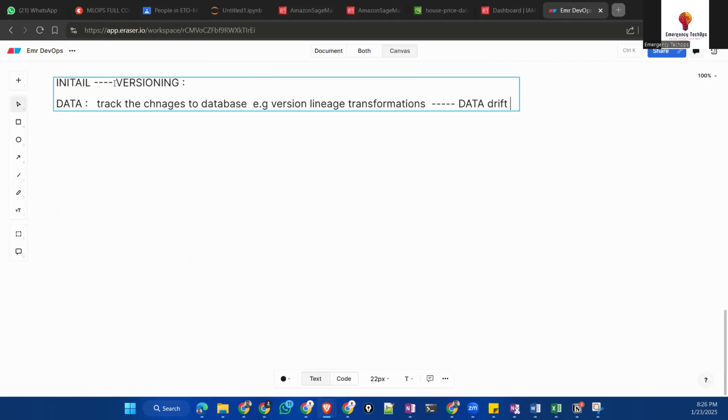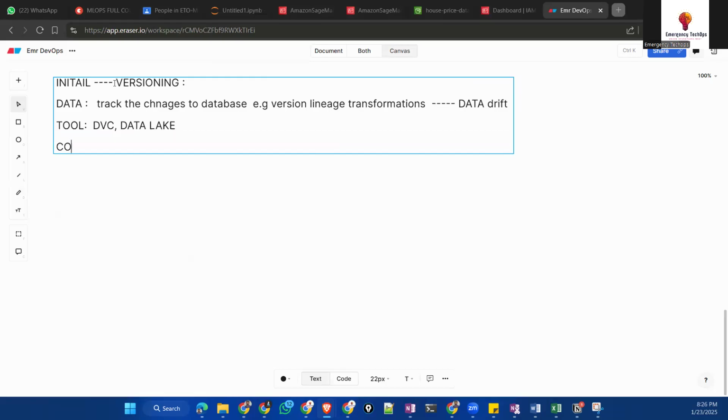For this, what tools do we use? We use DVC, data version control, and we use data lakes, Databricks. These are the kinds of tools we will be using for versioning. We mostly need to focus on DVC.